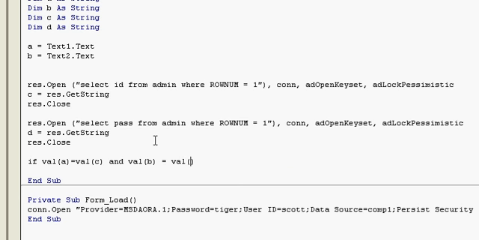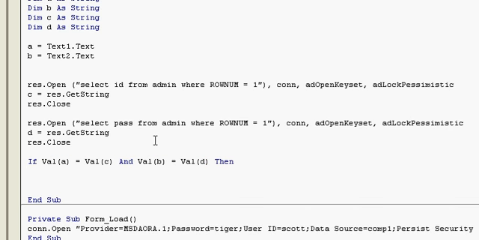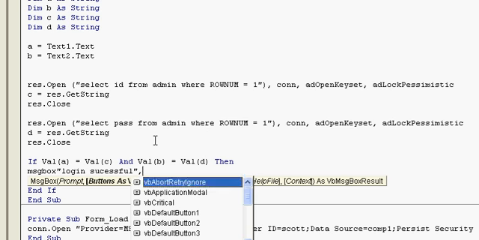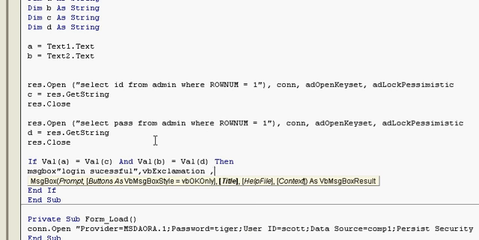So here, if A equal to C and B equal to D, then a message should be displayed that login is successful, else login failed. Now I will use here vbInformation, vbExclamation, and the title here as login.